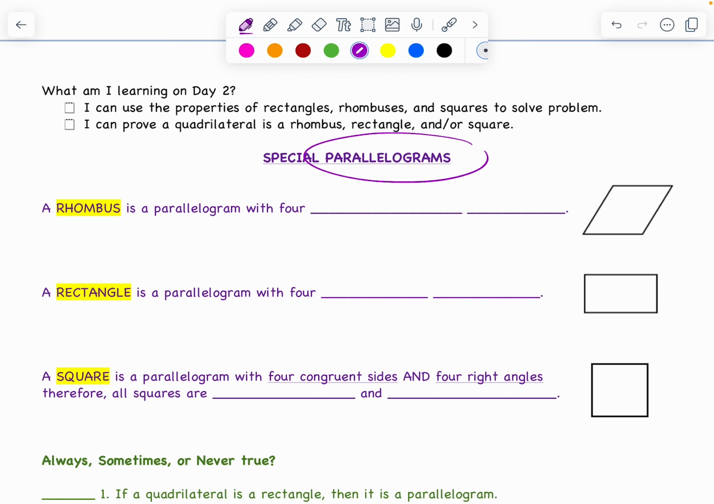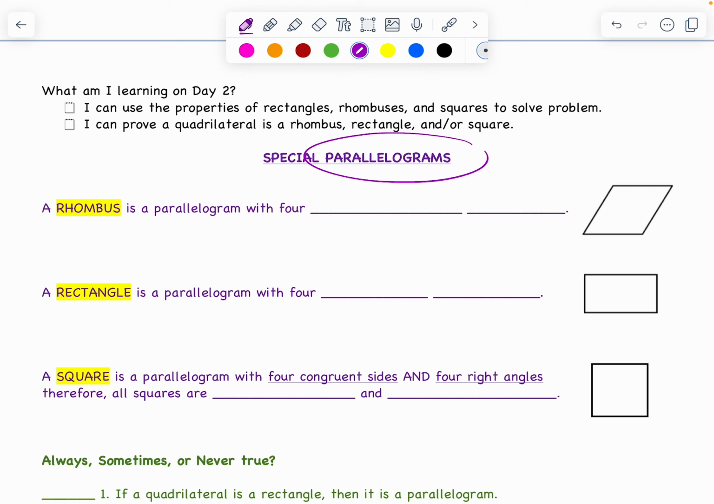If it's a parallelogram, it has opposite parallel sides. It has congruent opposite sides. It has congruent opposite angles. It has consecutive angles that are supplementary, because they're same side interiors, and it has diagonals that bisect each other. Okay, so we're going to be talking about rhombuses, rectangles, and squares today, and they're all parallelograms, so they